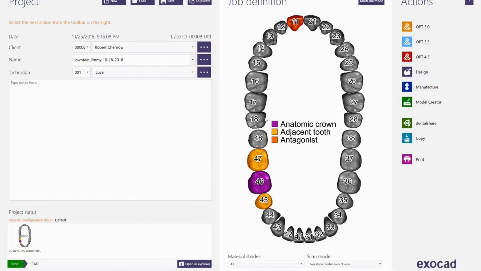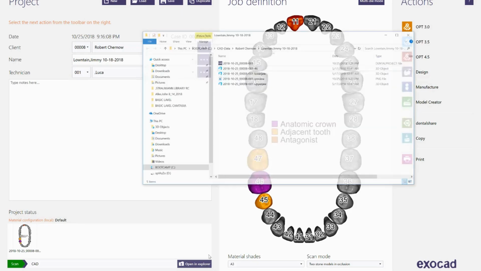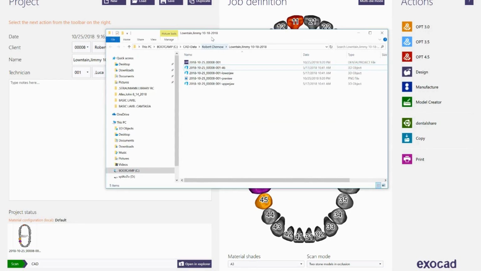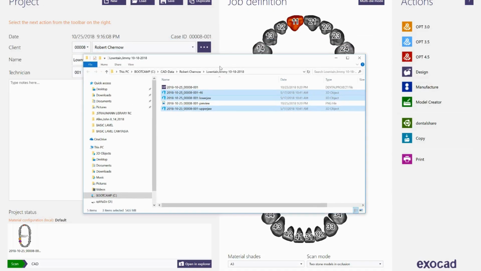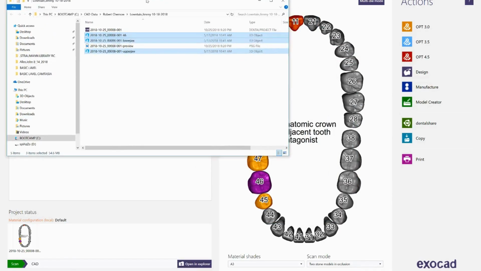Let's continue what we left in the previous project. If you click on this icon, Exo will bring you directly to your personal scanner, where you will be able to scan all of the STL files needed for this specific project. Once you do that, if we open in Explorer, Exo will bring us to the patient name folder, where inside we will find our STL files: upper jaw, lower jaw, and the number 46, which are the files needed for